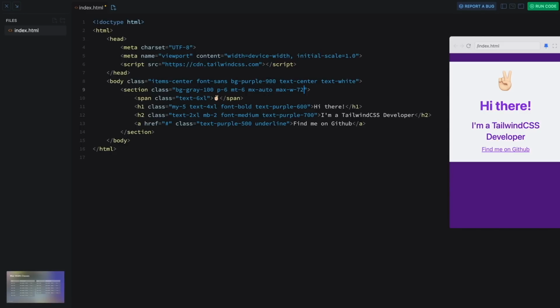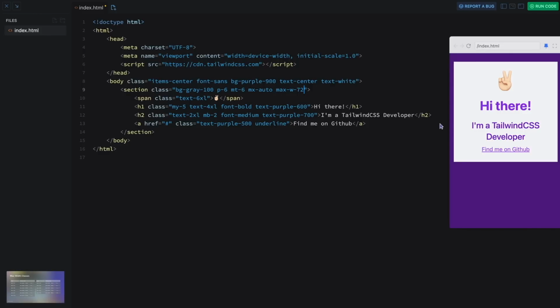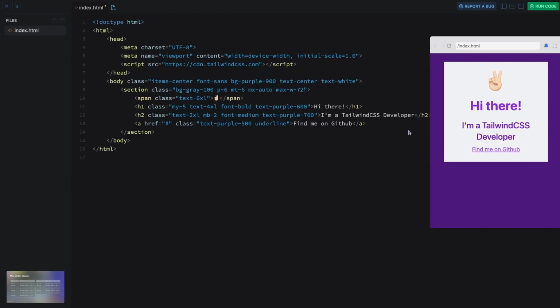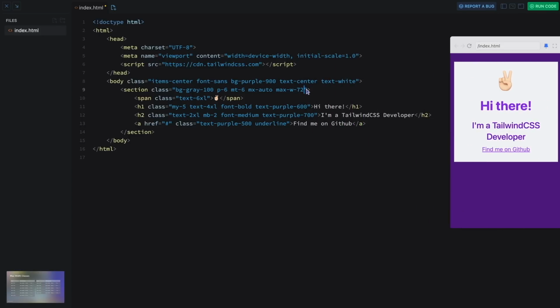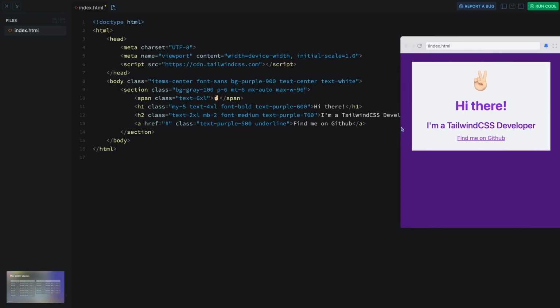We'll start with 72. Now you can see here that it gives us a narrower container. And if we make the preview window larger, the container retains its maximum width. When you make it smaller, it scales accordingly. Let's try out another one. Let's go for 96. This does the same thing, but you can see that the maximum width is now a